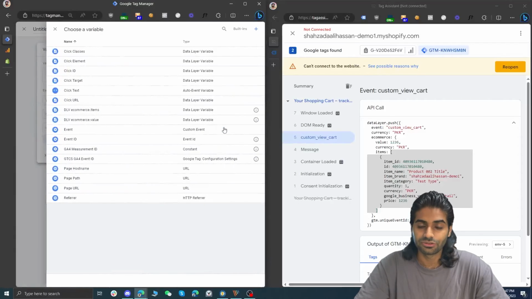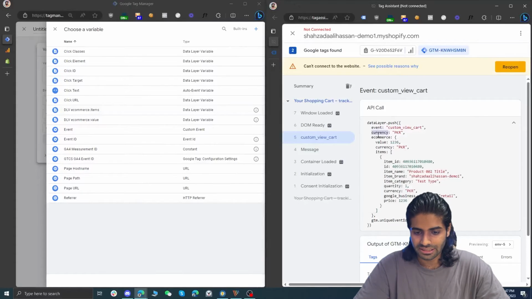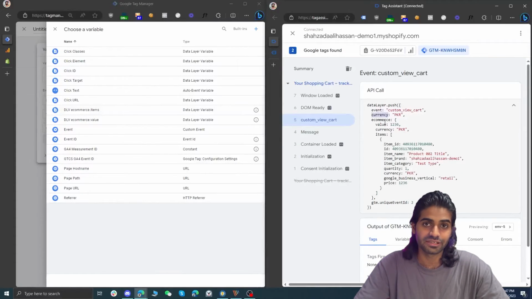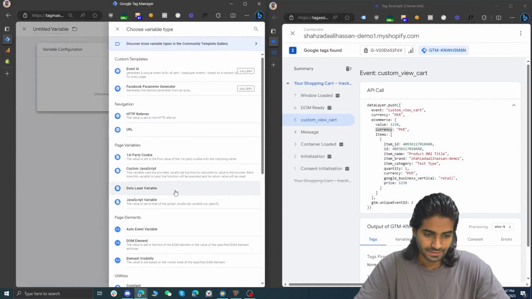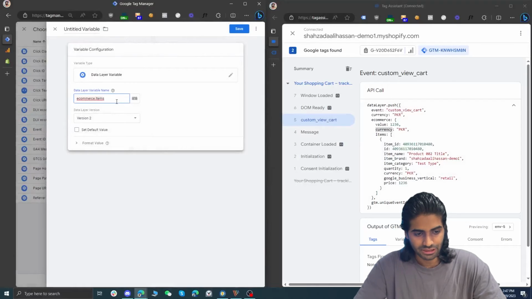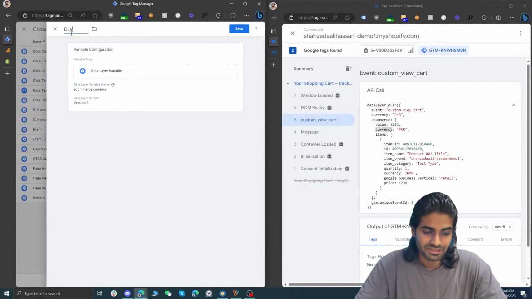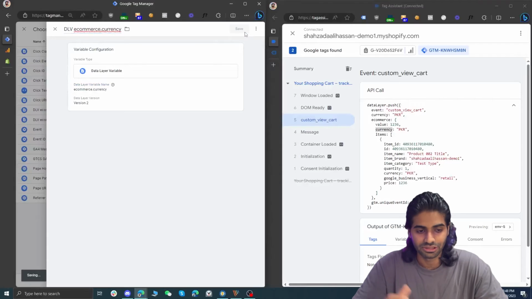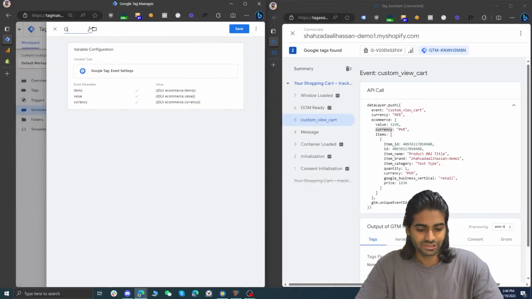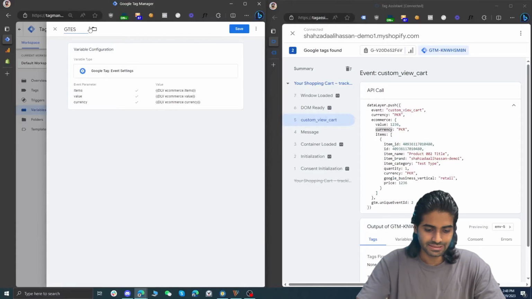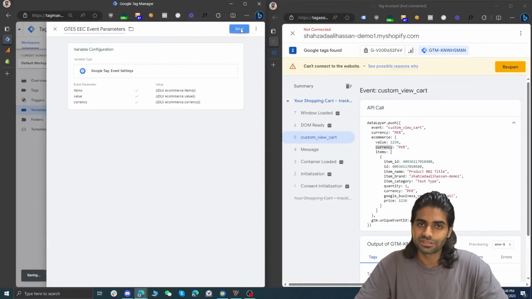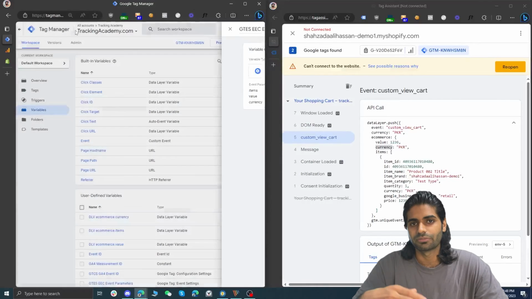Perfect. Now the last one we need to create is currency. We can get the currency parameter from here, but using the standard notation, we are going to go for e-commerce.currency. Let's create the last parameter that we need, e-commerce.currency. You don't have to make the spelling mistakes like I do, but it's completely optional. Perfect. Let's rename this to Google Tag Event Settings EEC event parameter. You might notice that we are not adding GA4 to this one